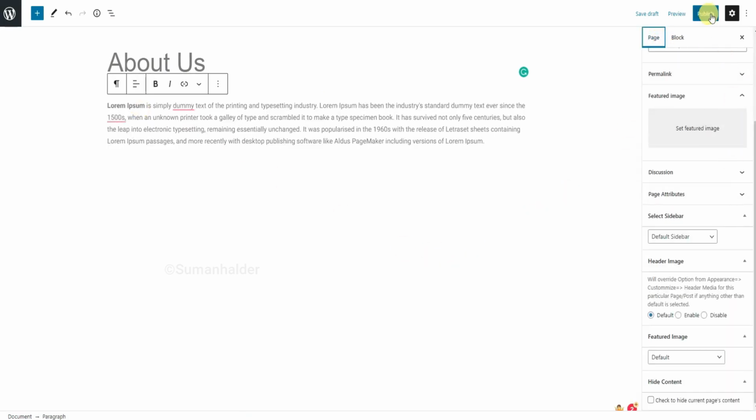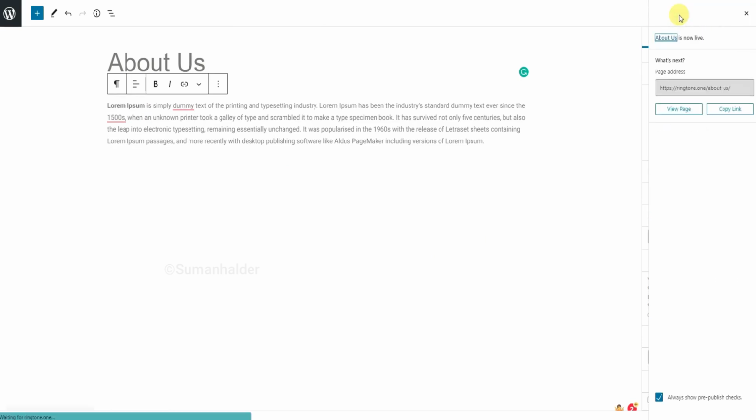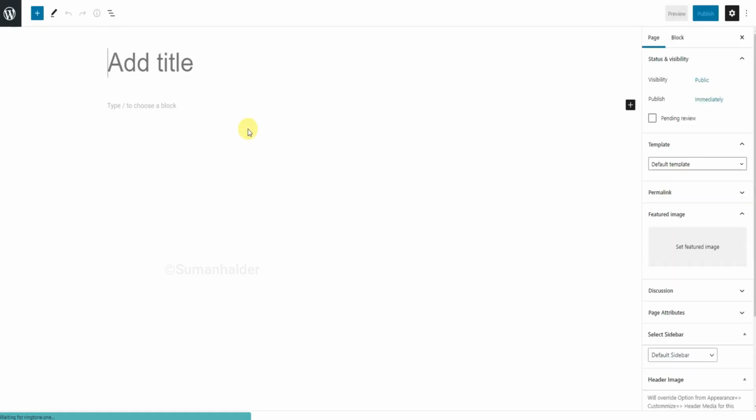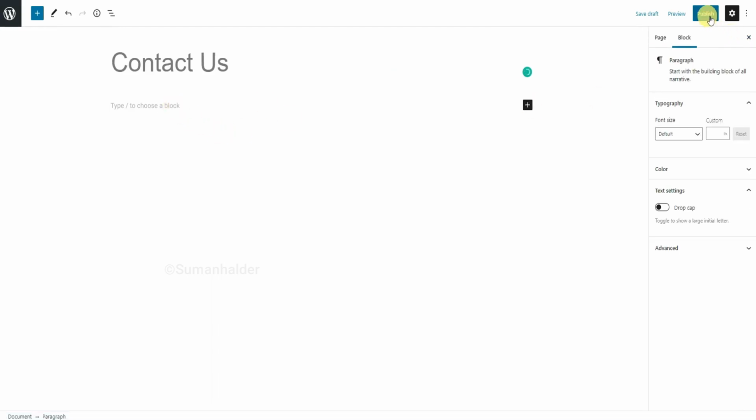Then click the publish button. Again we need a page. So click add new page. Write the page name then publish.